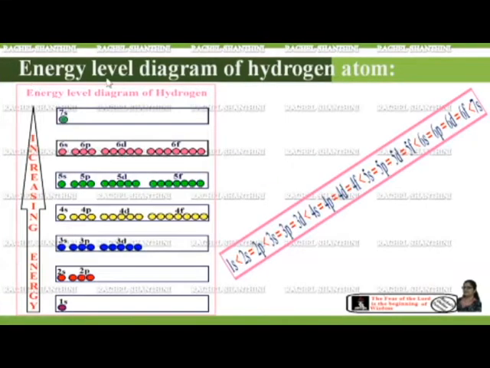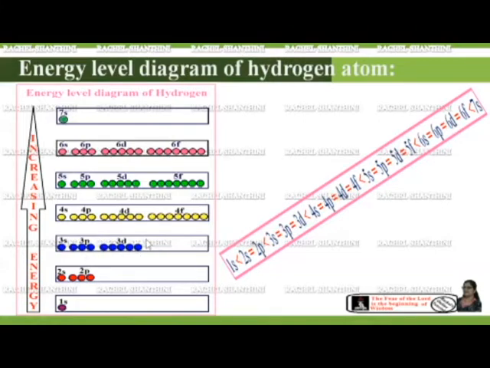Now let's see the energy level diagram of hydrogen atom. An energy level diagram is nothing but a diagrammatic representation of relative energies of various orbitals in an atom. As we have discussed already, for a single electron system such as hydrogen or hydrogen-like atoms, all the orbitals in a particular energy level, that is in a particular principal quantum number or in a particular shell, will have the